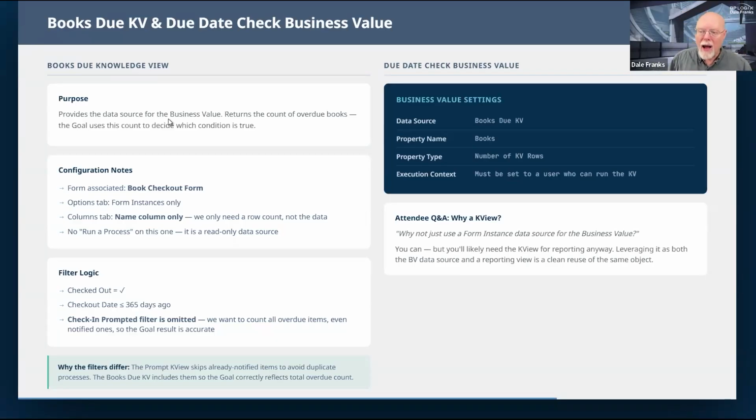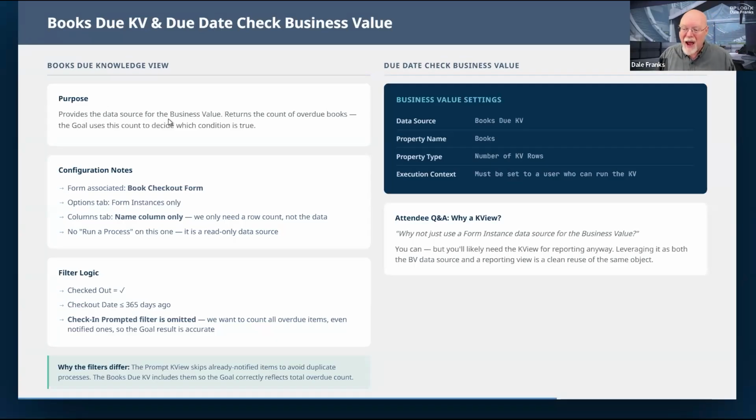We are going to have a knowledge view that we can look at for reporting, and we can see what books are due. It's going to be very similar to the knowledge view we just created for the automation. But this one, we're going to be able to see for reporting, and we're going to be able to use as a method for checking out what books are currently due, separate from our process invocation. So we're probably going to need that for reporting. So now that we have it, because we're probably going to need some sort of knowledge view that we're going to be able to report on.